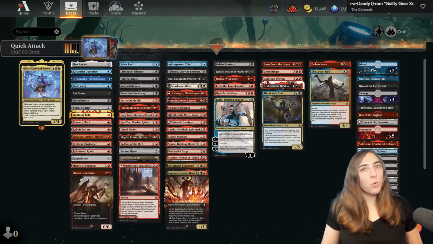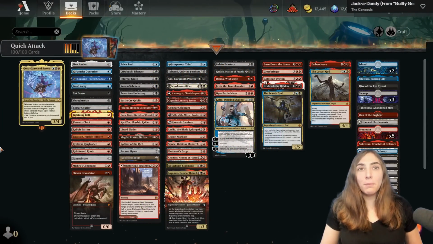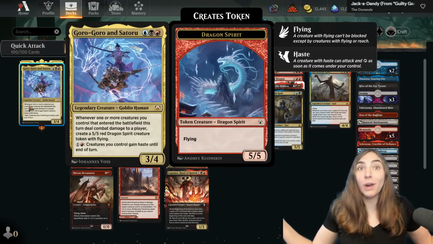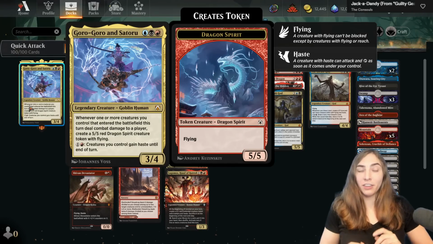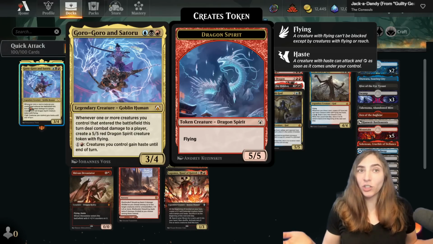Hello everybody and welcome to Brawl Stars. I'm Amy the Amazonian and today I'm playing a combination Goblin, Human, Samurai, Ninja, Goro-Goro and Satoru. This is a March of the Machine Commander card that is one of 3 brought to Arena. This, Catilda and Leer, and Slidefoot and Squee are all available in Arena and are actually on the paid Mastery